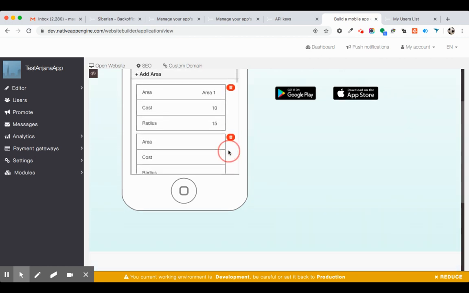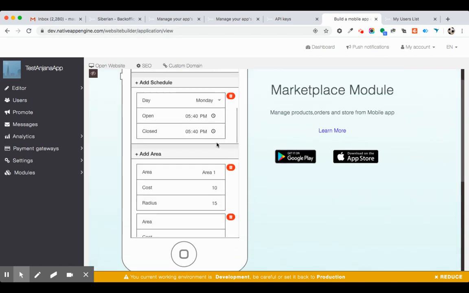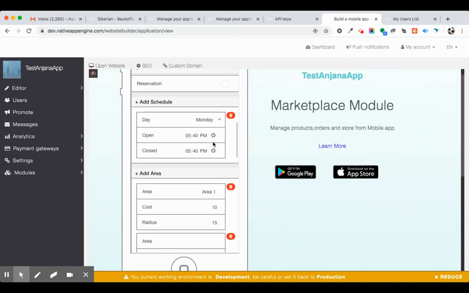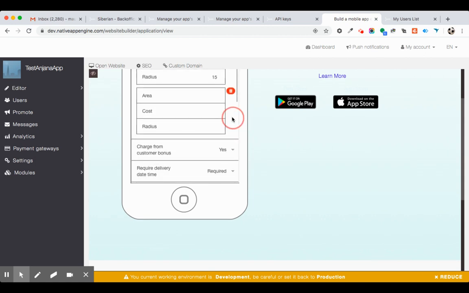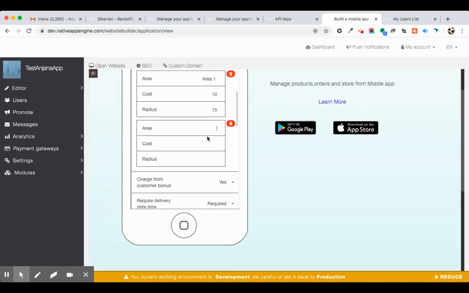Within a small screen we have added multiple settings. So as you can see, whatever information you want to put, you can just enter any area with cost 20, and I can make the radius 20.